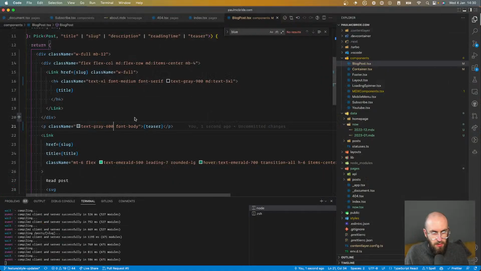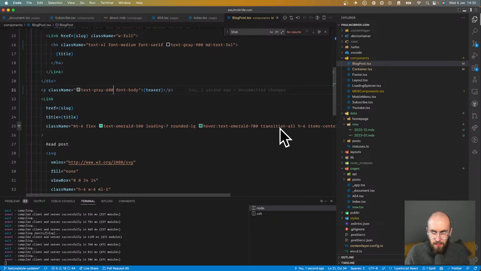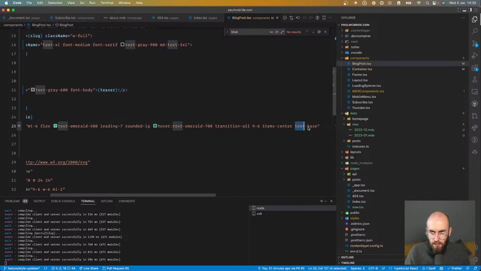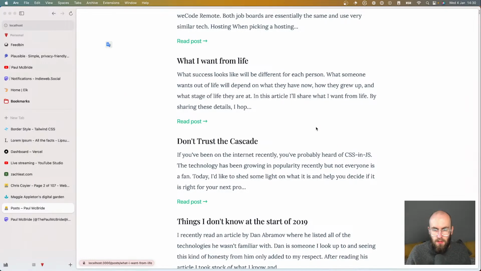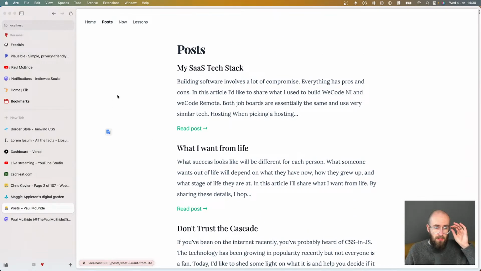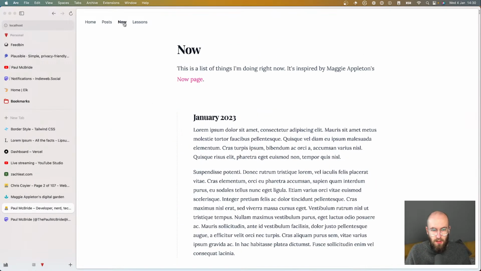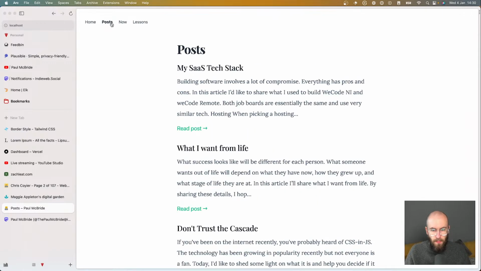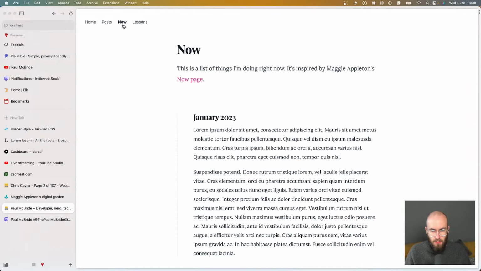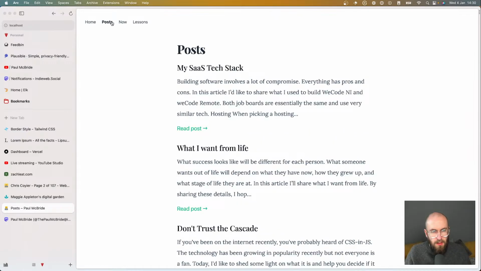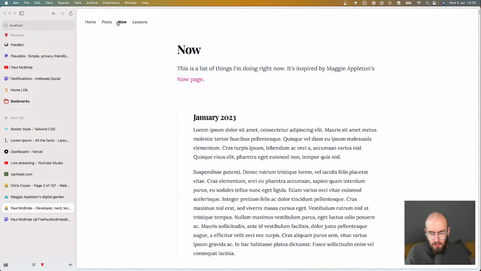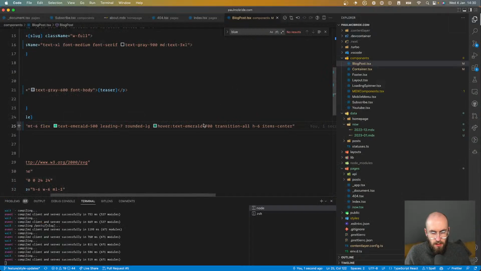And now the read post seems too small, so I will do the same thing. Remove that. Is it too big now? I'm probably just talking crap. Why does this seem tighter than this? Is there